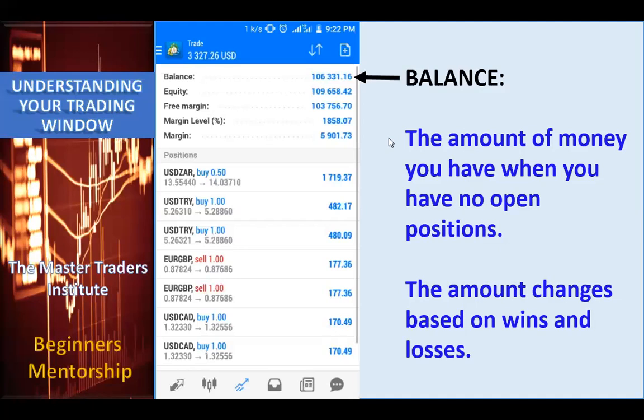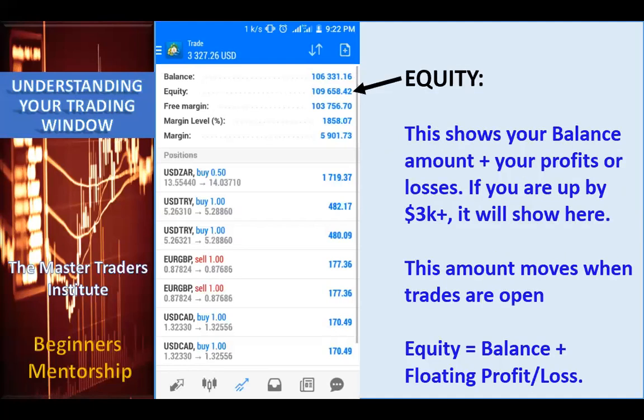Then the next one is the equity. What is equity? Equity shows your balance plus your profit or losses. So whenever you see equity, it means that your profit or your loss has been added to your balance to give you this equity. If you take a look at this, you will see that this person, a total of